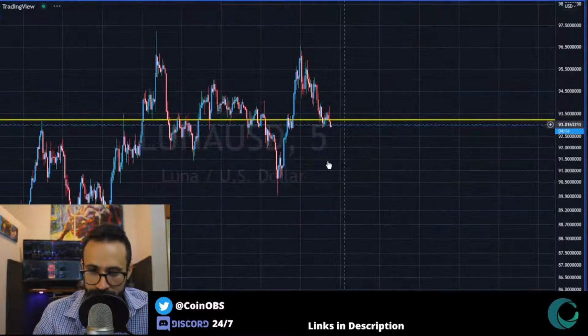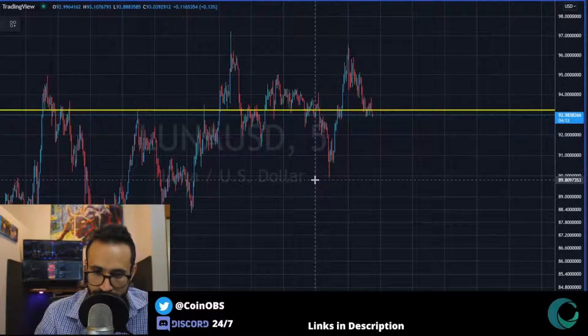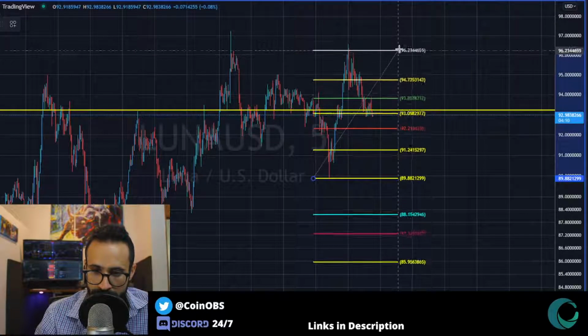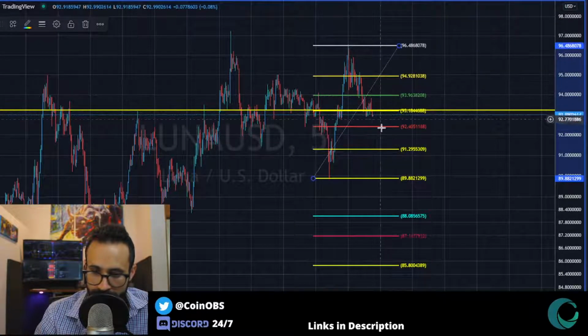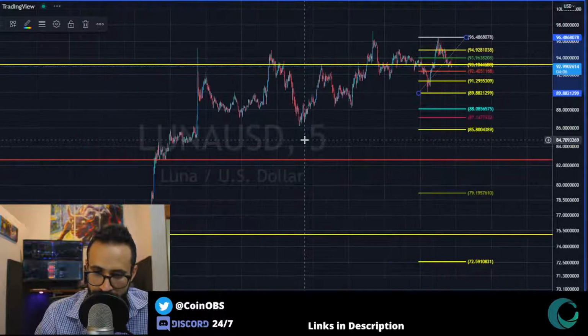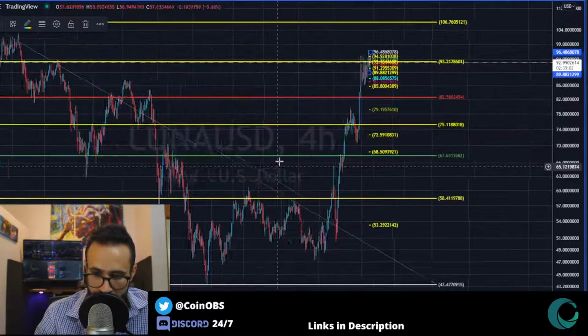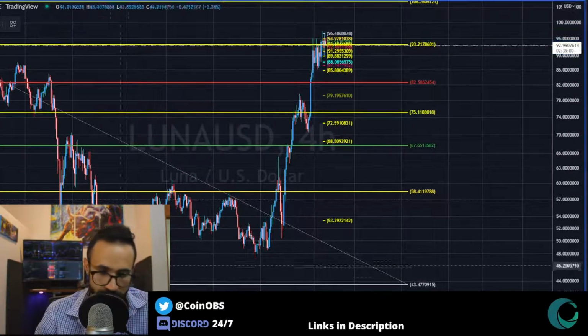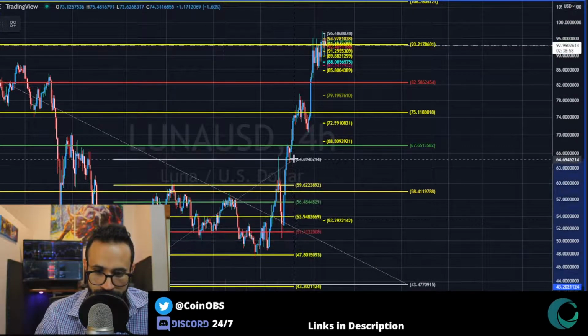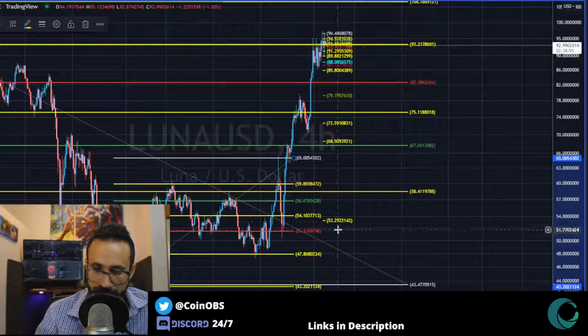Let's go to the 5, right? So we look at this move. What we see, right? Trying to hold the 50. I think you can test the 61.8. But yeah, and speaking of Luna, I took this long based on this 61.8 retrace, right? So going back to your chart,